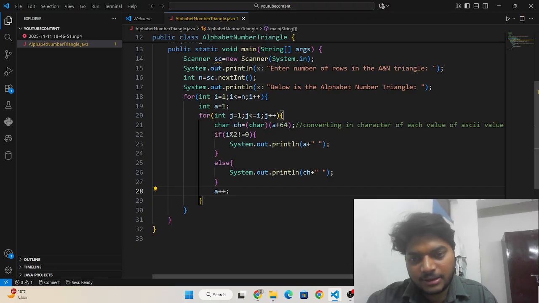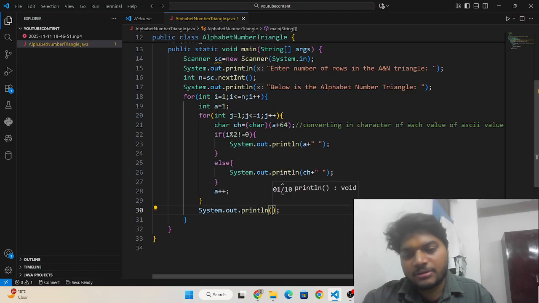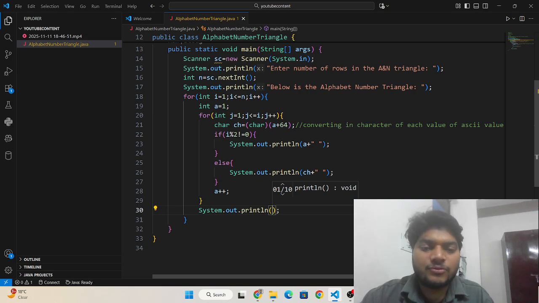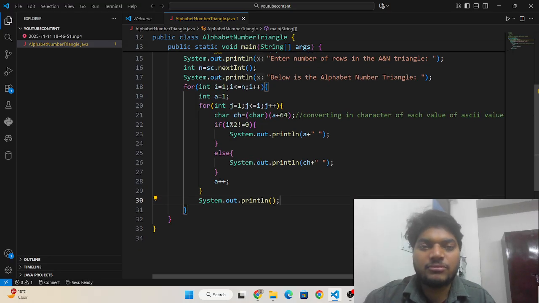And then I need to print one line, so that the cursor can go to the next row. After printing number or alphabet in the particular row, it can move to the next row. That's why you have to print this System.out.println.